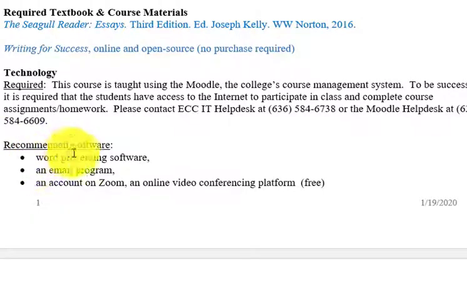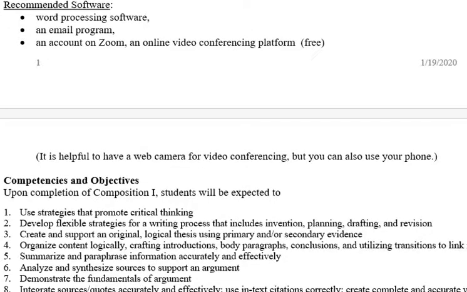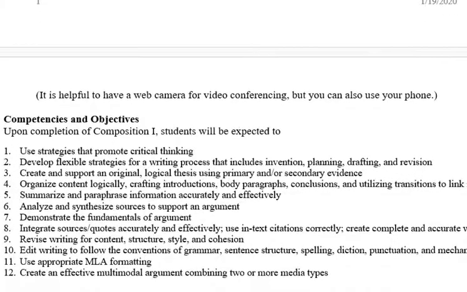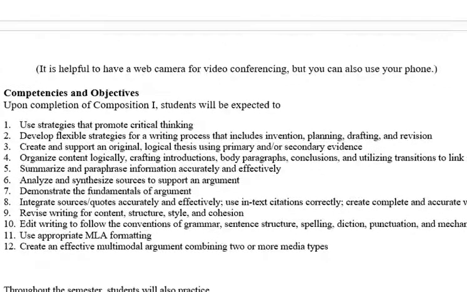You need to have access to email. And later, I'll ask you to create an account on Zoom, which is a free online video conferencing platform, and that'll help us out quite a bit. It is helpful to have a web camera, but it's not absolutely necessary. If you need to have a video conference, you could also use your telephone. That works well, and it works with Zoom. Might be helpful to know.